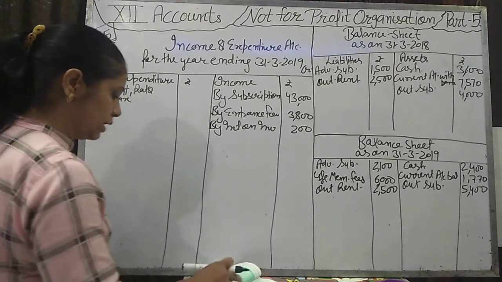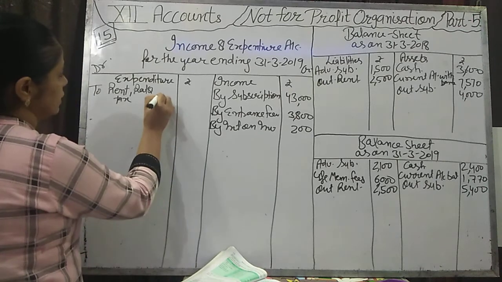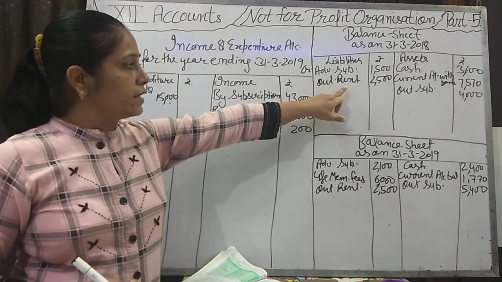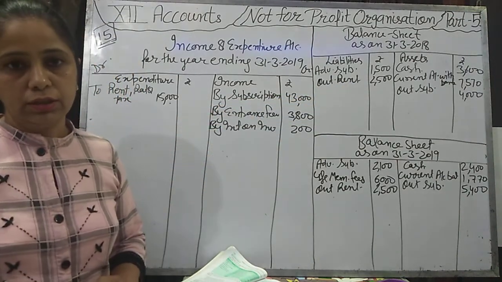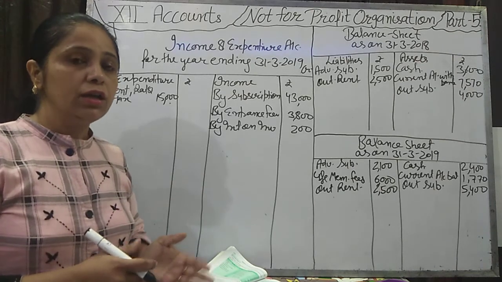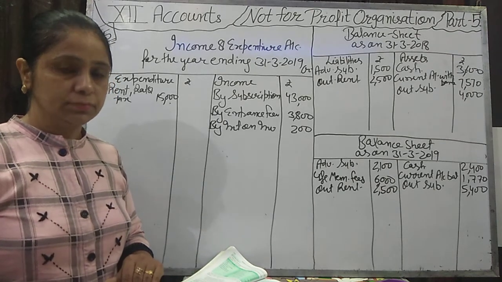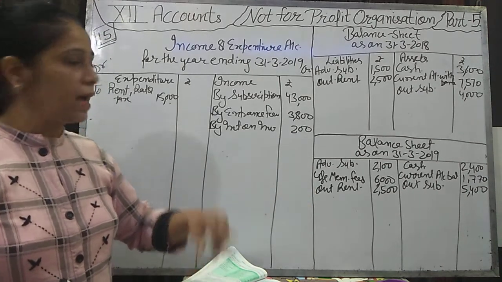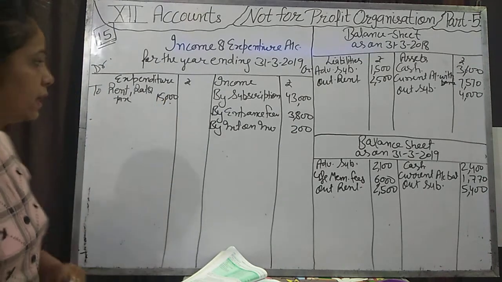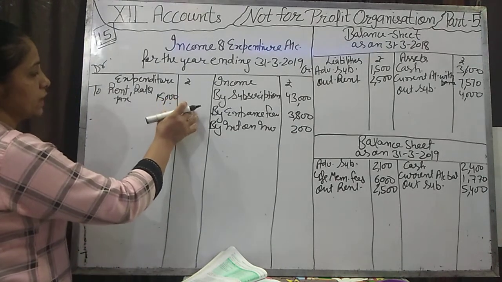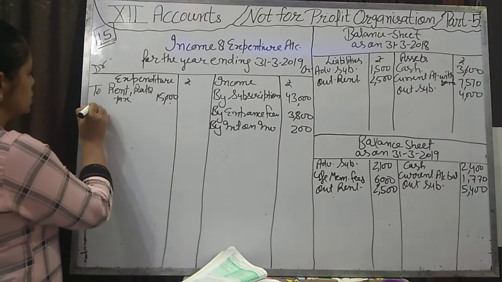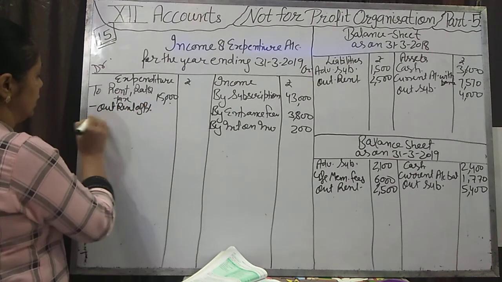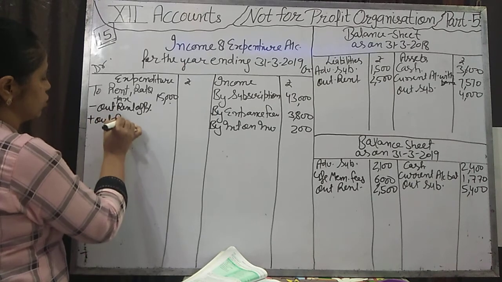It is given that total payment we have done this year is 15,000. In this 15,000, the outstanding rent of previous year is also included. It means the previous year's outstanding rent, which we did not pay last year, we must have paid this year, and that is included in this. That we will deduct because we have to mention here the expenditure of only the current year. So we will deduct the outstanding rent of previous year and add the outstanding rent of current year.